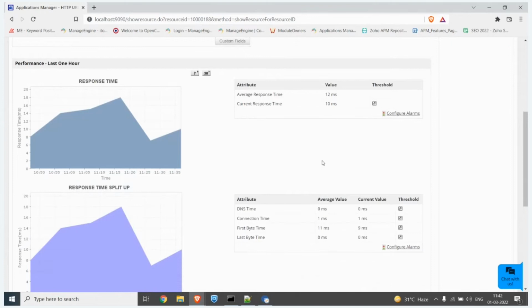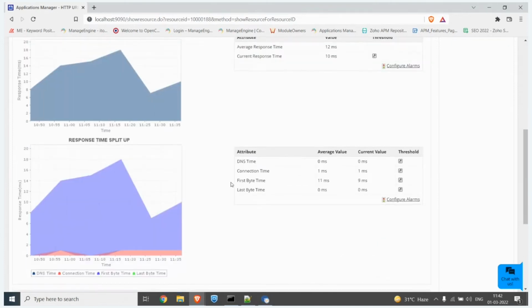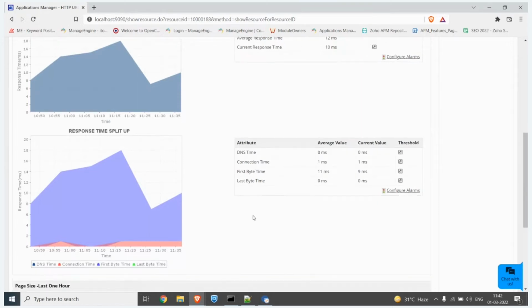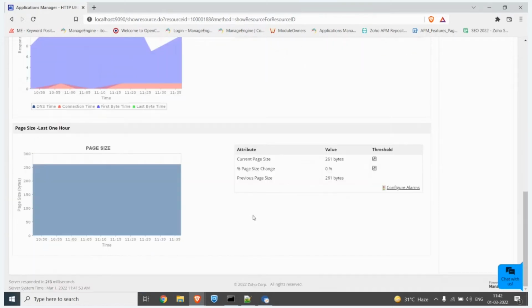And you have details such as average response time, current response time, and like I said, the split ups: DNS time, connection time, first byte time, and last byte time. And you also have details about the page size. The percentage of page size change as well for you to compare in case you need to, along with the previous page size.